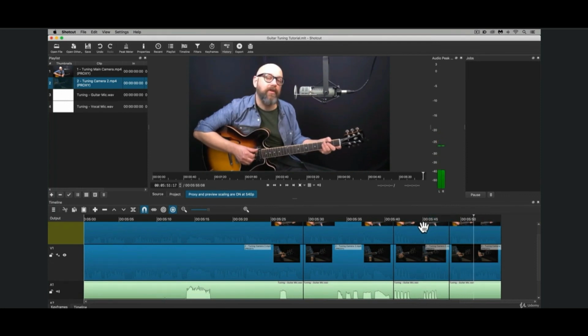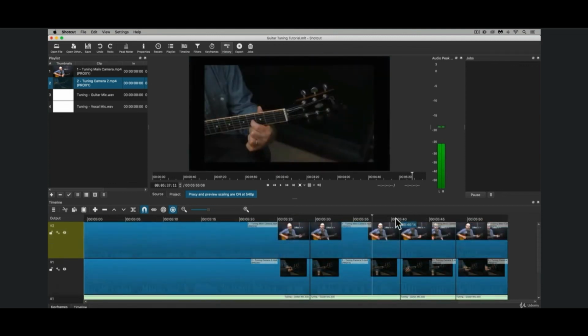So obviously you can see that the guitarist has moved between each of these clips. So as we've got two different cameras, I can try and make it seem a little less obvious. So you can experiment and delete clips on your top tracks. So for example, between this clip here and this clip here,